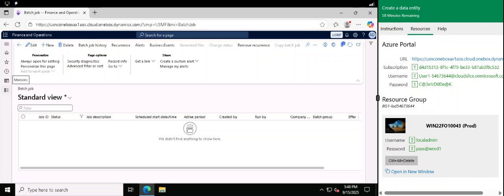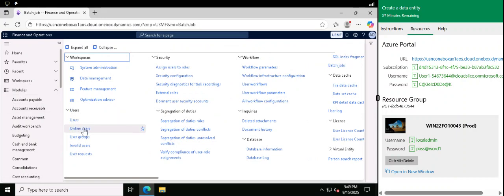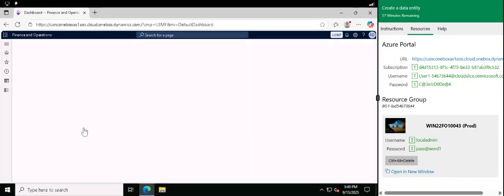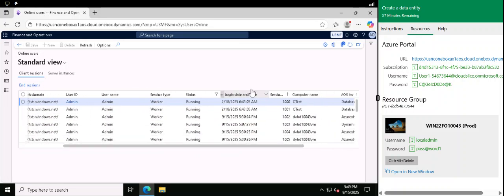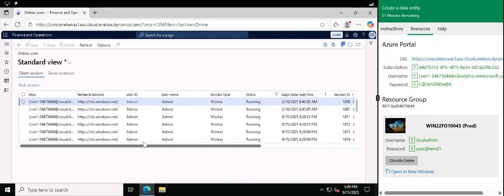Now, the second reason is too many online users. If a lot of people are logged in and running heavy processes at the same time, that can also cause slowness, and that is also in system administration as well. So, here are the online users. You would go into login date, you would click select oldest to newest, and then you would clear down the day before. And it will give you an option to